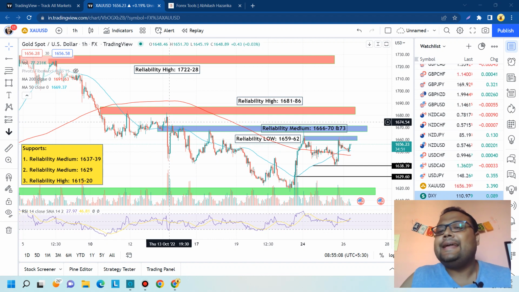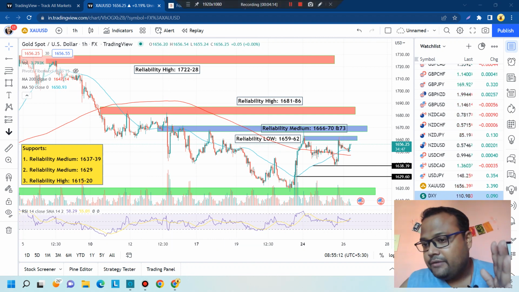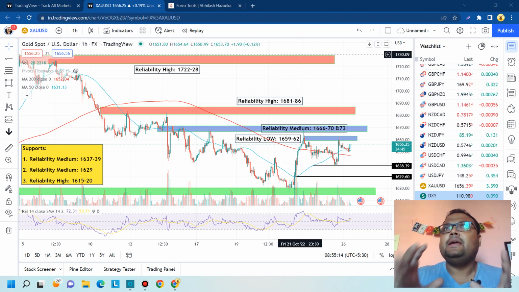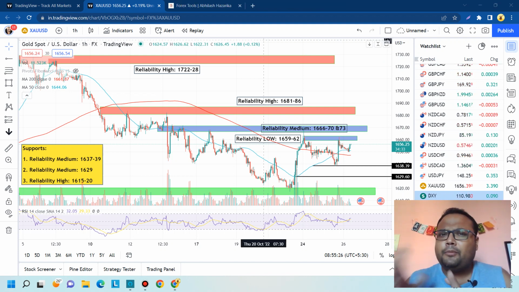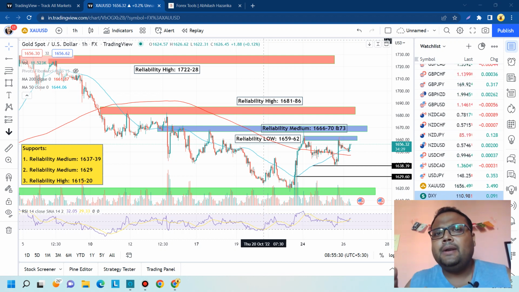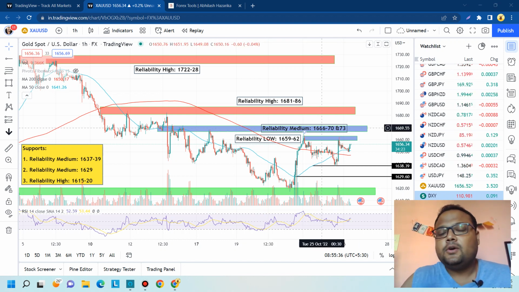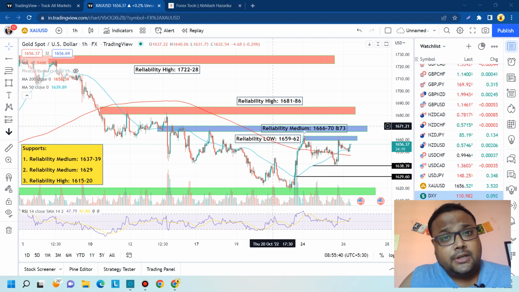So we can expect that if the market remains like this, listen to me carefully, if there is not a sudden fall in the market, if you see that DXY is also trading more or less normally, if you see US bond is also trading normally, then under those circumstances you can expect the market to reverse from the 1666, 1670 level, because I have mentioned the reliability,